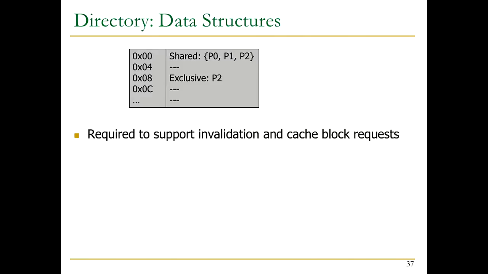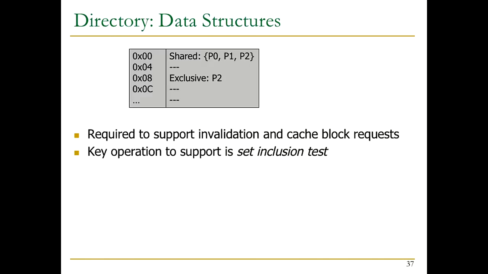So assume that you have 10,000 processors in the system. Are you going to have 10,000 1 bits for each cache block, potential cache block? If you have only one share, that's a huge waste, right? Maybe you just have a pointer to the share. And maybe you have a limited share set. You keep track of only 3 shares, and after that you resort to invalidating everyone. May not be a good choice. But if you never overflow the number of shares that you keep track of perfectly, that may be an okay choice. Right? Okay. Basically, a key operation to support is a set inclusion test,